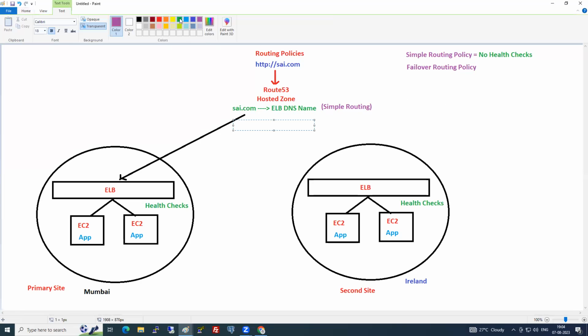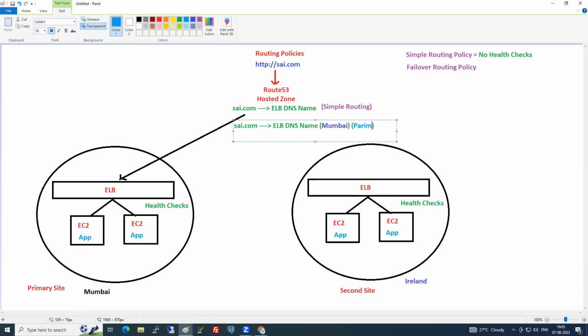So should we create a record saying sai.com should be redirected to which load balancer? The ELB DNS name, in which region? Your first record goes to the Mumbai region, so I call it the primary record.